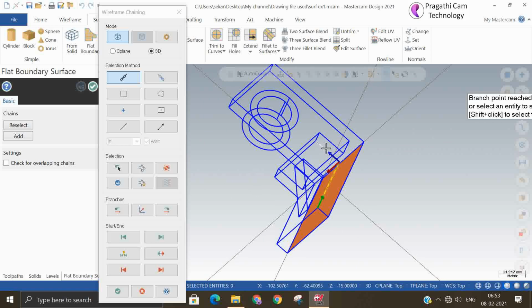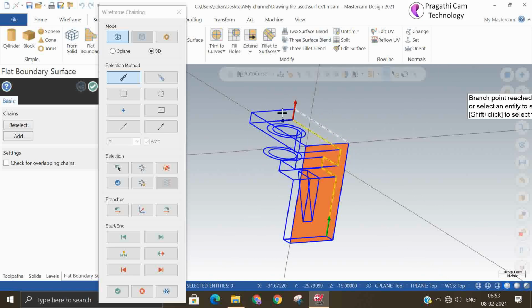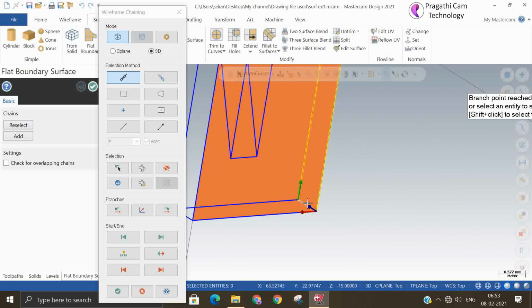Chain. Keep pushing the grid arrow so that both the arrows meet at the end point. Then the chain is closed.